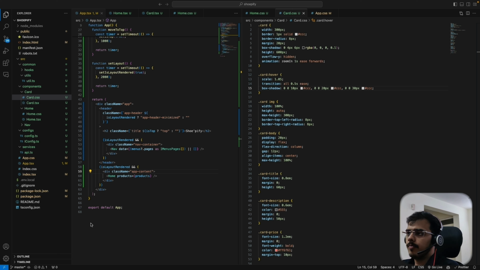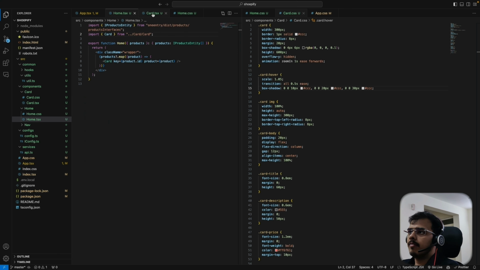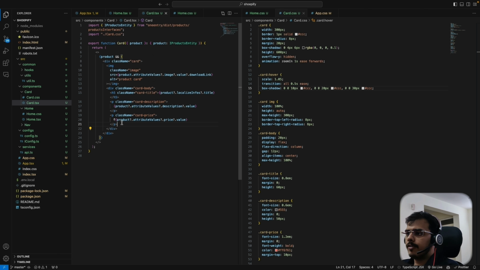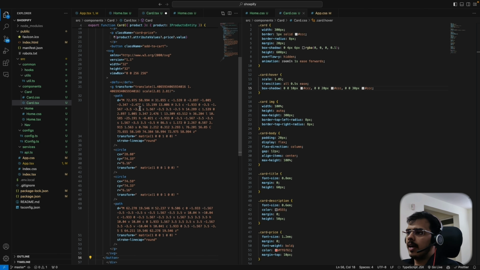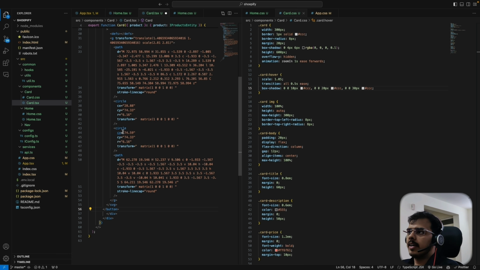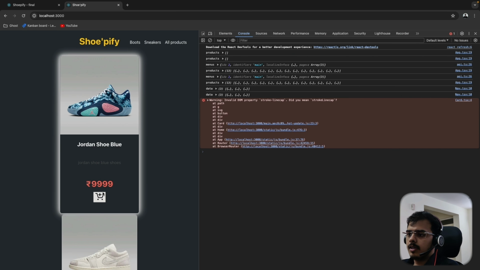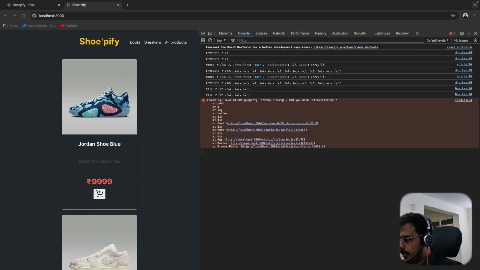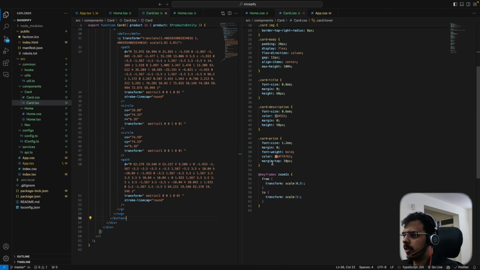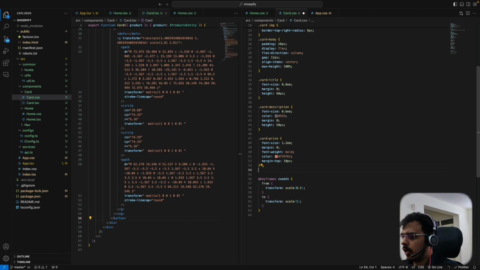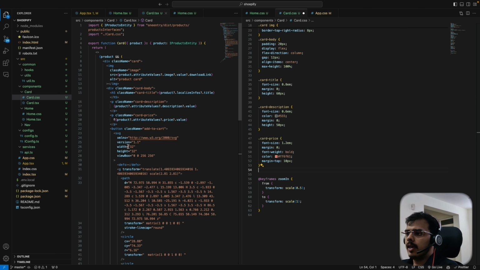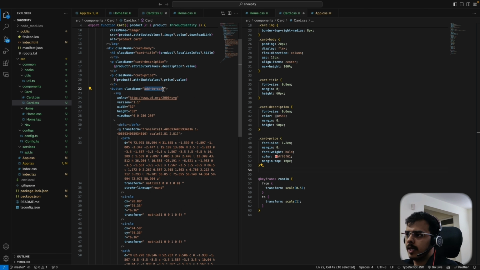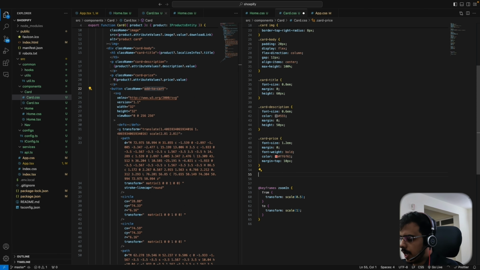So I have a button and an SVG which I'm going to be using over here. So after the price, I'm going to add this SVG over here, which is the cart SVG, and as you can see, it's coming up over here. Let's fix that. So we don't need it to come up when we are not hovering on the card. So we first need to add a class for it. So let's call this button the add to cart button that we already have here. So for the add to cart button,